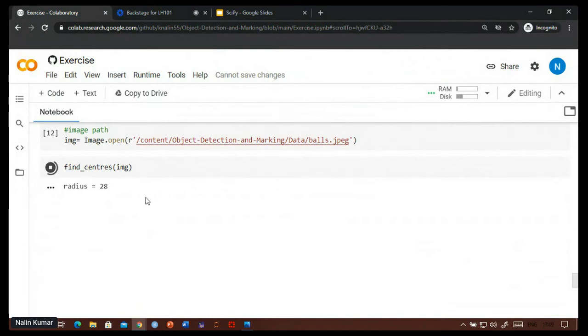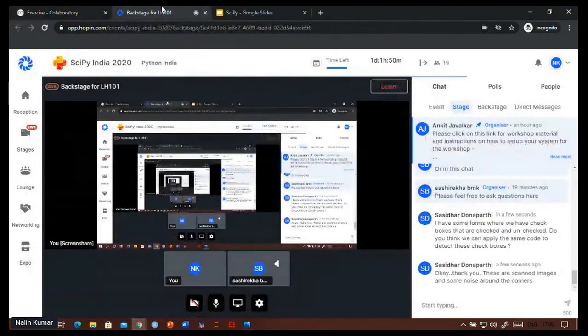Okay, so at least I can add a trivia. Why this is taking so much time to predict is because the exhaustive search is going over about 2 lakh windows to check whether in those windows there is a ball or not. So that's that.